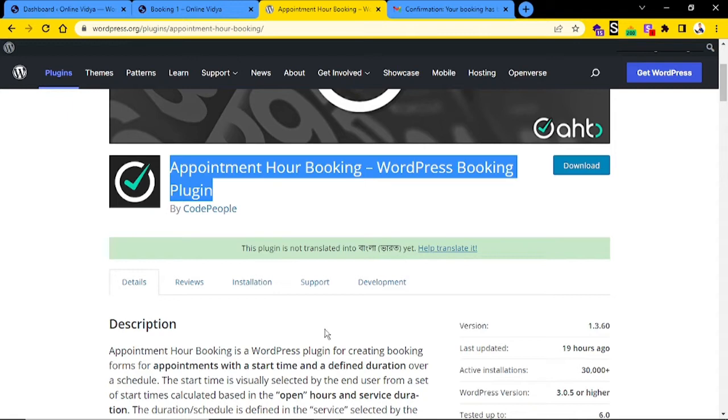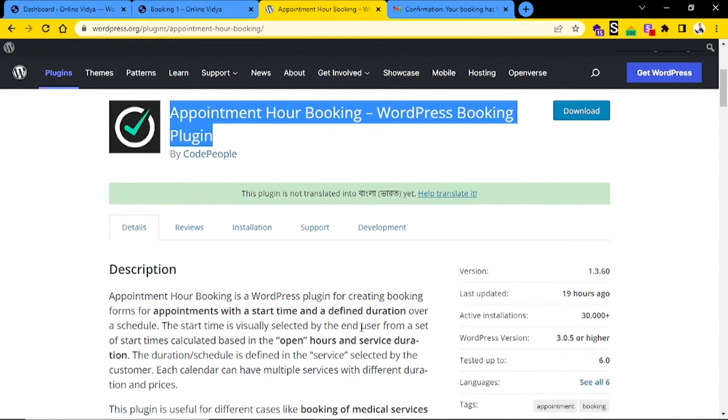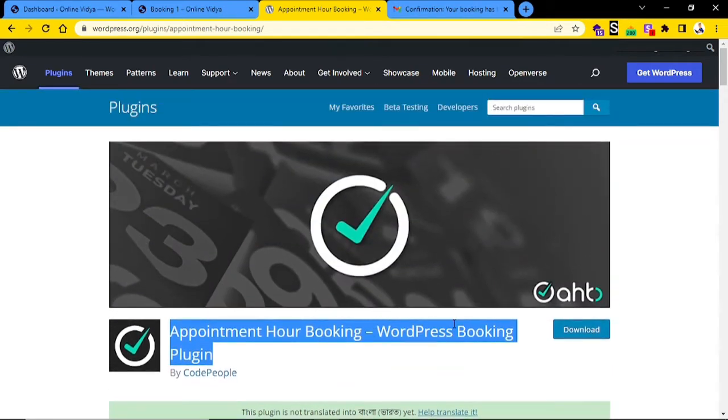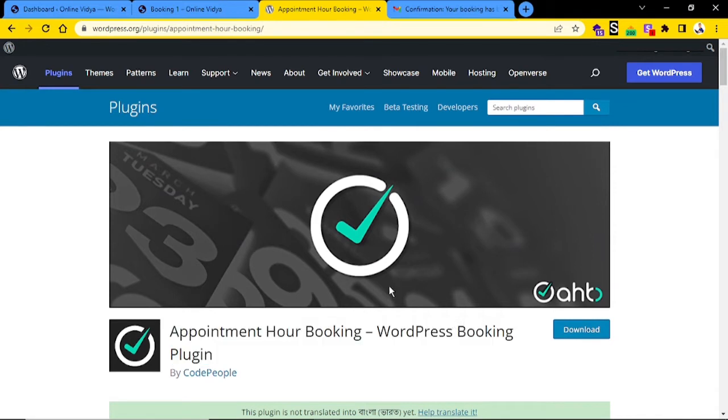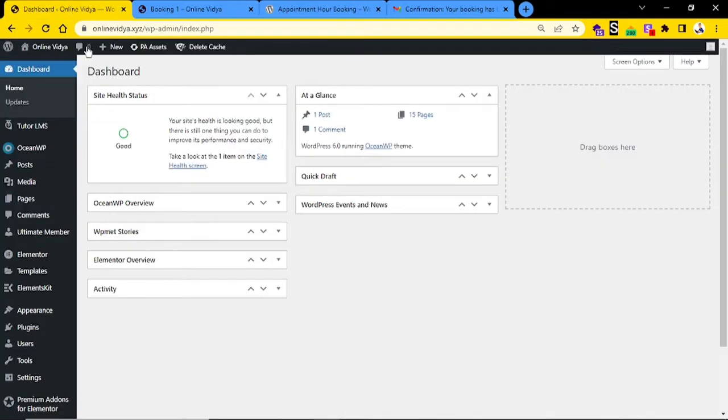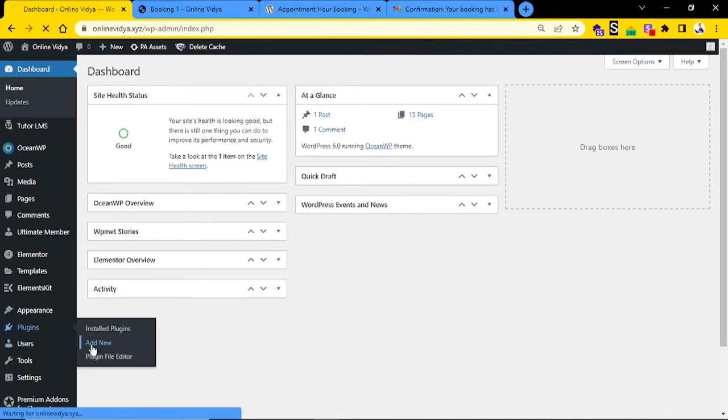You don't need to pay any money to integrate all this process. I will show you everything that you need to know to run the process in absolutely free of cost. So first of all, you need to install the plugin to get started, right? To install a plugin, just go to your WordPress backend, go to plugins and click on add new,